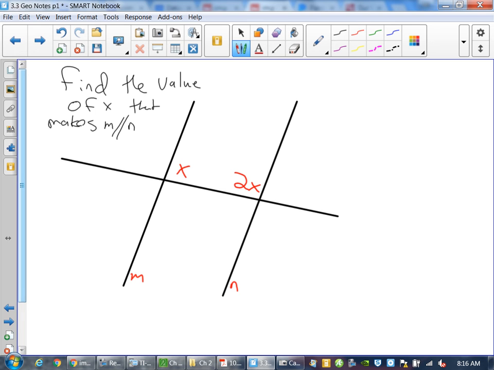Ladies and gentlemen, the last little bit that I have for you on these, some extra review ones to look at, is the following. Guys, the only thing that we have not done is the fact that it says, find a value of x that makes the lines parallel, which basically means